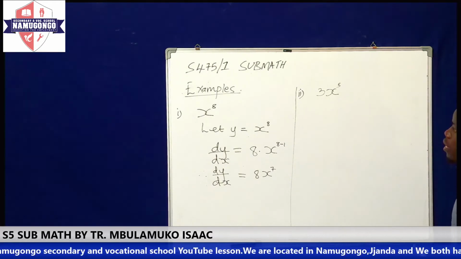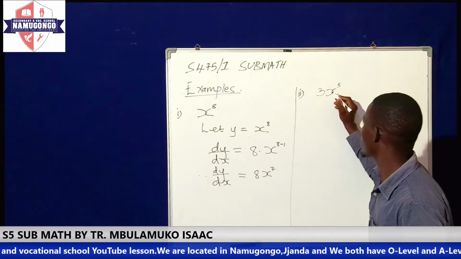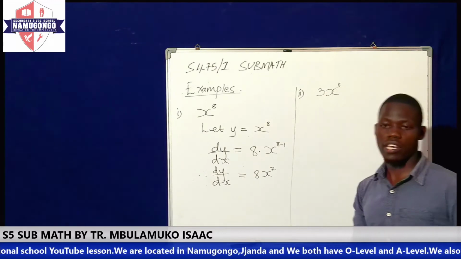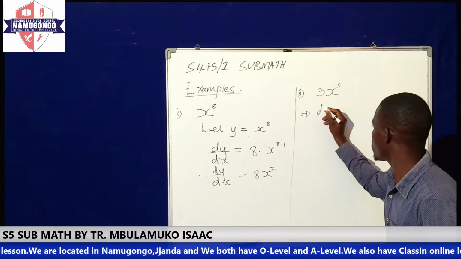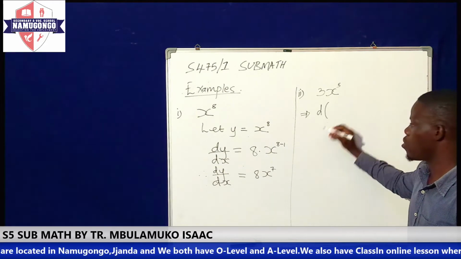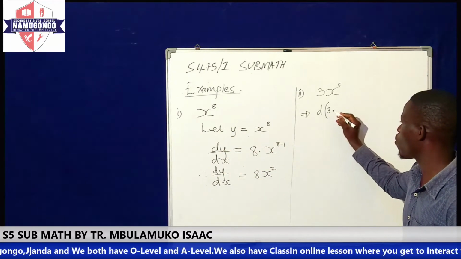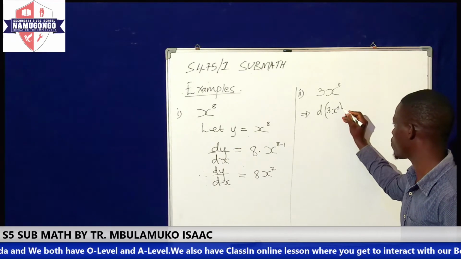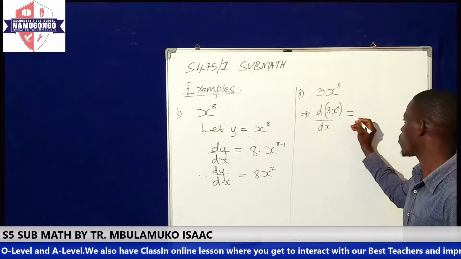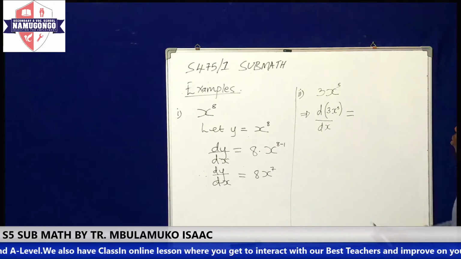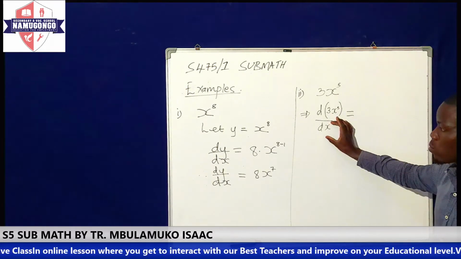Now, another way you can say, since they want us to differentiate all of this, then we can just differentiate it directly. So we shall say that the derivative of, where we would have put our y, we shall put that function, 3x to the power 5, with respect to x is going to be equal to,